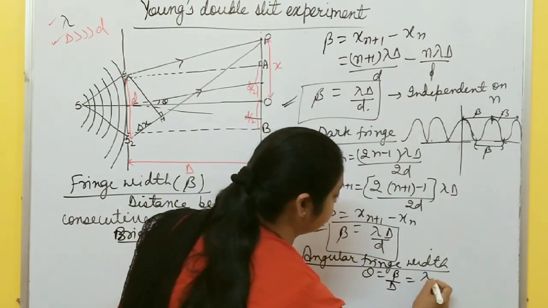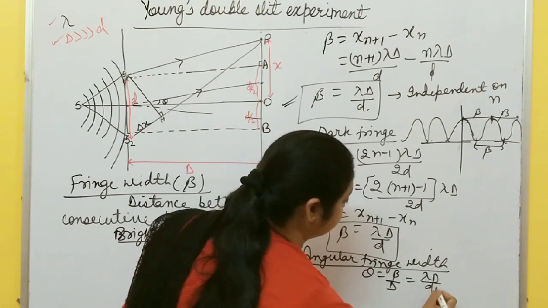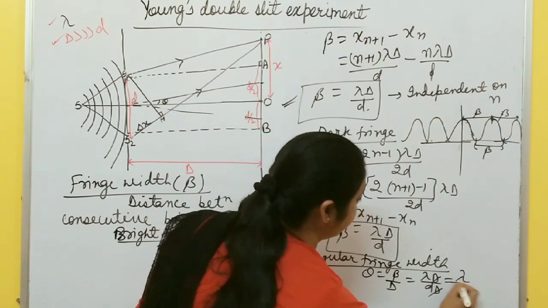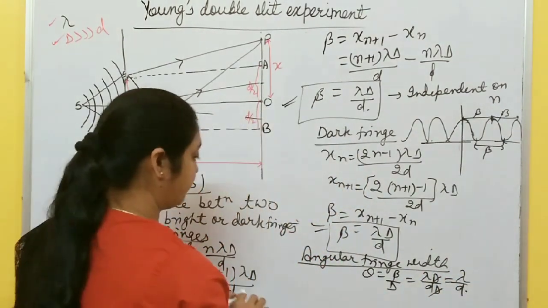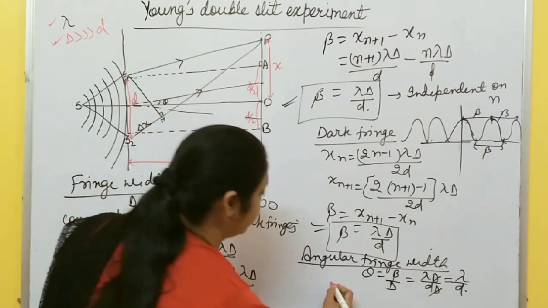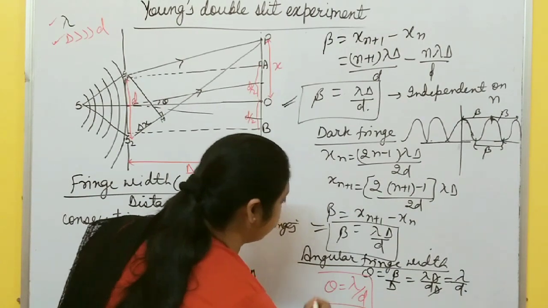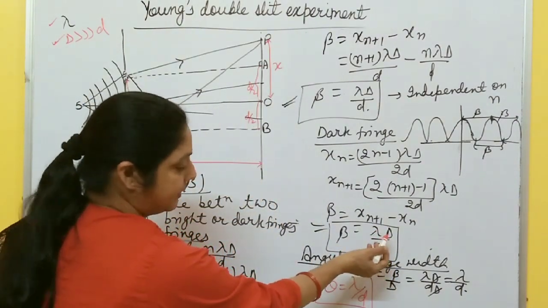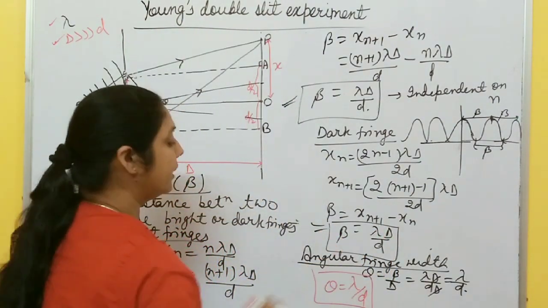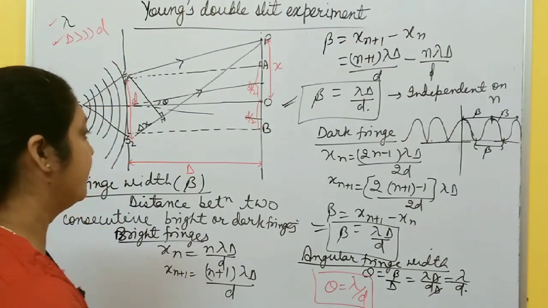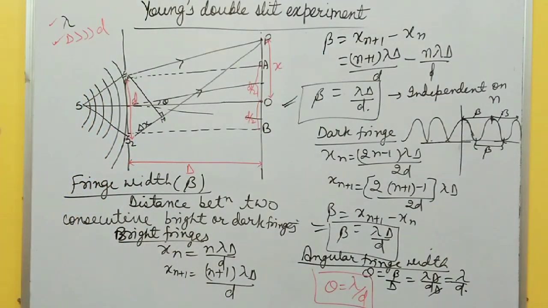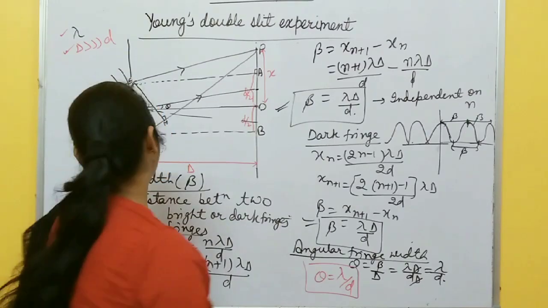So it becomes, D and D cancel, lambda by small d. This is the expression for angular fringe width, theta equal to lambda by small d. You just divide the fringe width by capital D, you get the angular fringe width. Okay. Pause it and note down. One more thing